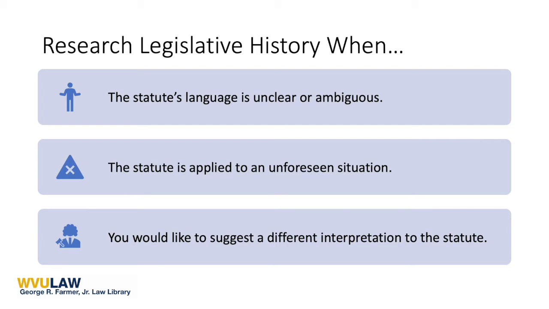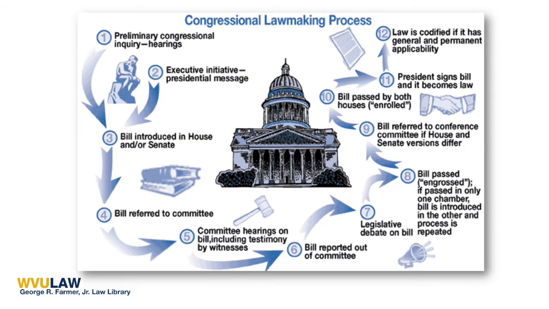Lastly, you may use legislative history to suggest a different interpretation, supported by legislative intent, but differing from that normally applied to the statute in question. Before you begin researching, we need a quick review of the legislative process. Documents are produced at each point in the legislative process. These documents give us a snapshot of what is happening in the legislative process at that time with regard to any particular piece of legislation. For the rest of this unit, we will talk about the purpose of these documents, why they are important to research, and how we find them.